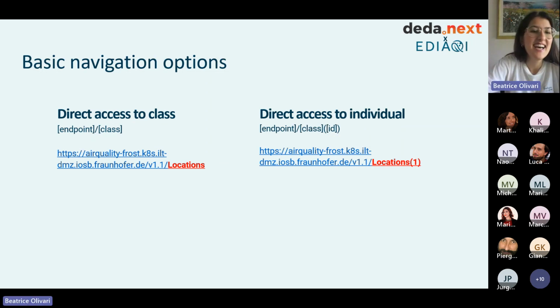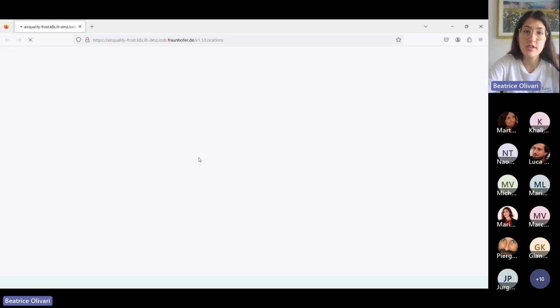No problem. So a few basic navigation options just to get it started. As I was showing you before, we can put the endpoint and the class to see a simple list of all the elements of the class. So for instance, here, if we put locations, we will see a list of all the stations that are inside the data.